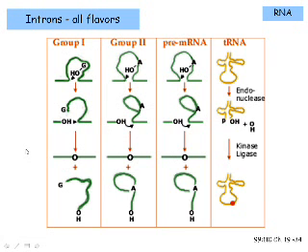This is showing you schematically how some of those introns work. You may remember that group 1 and group 2 were both the self-splicing kind. And we talked before about,